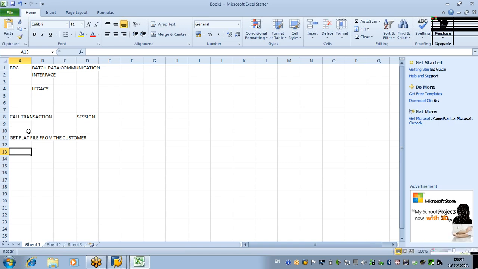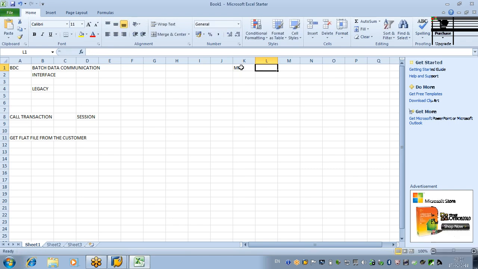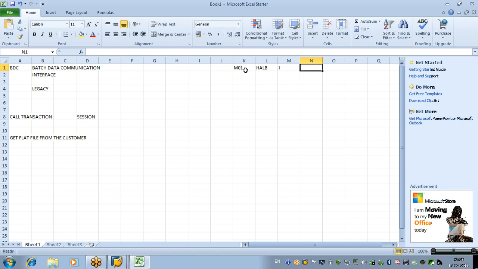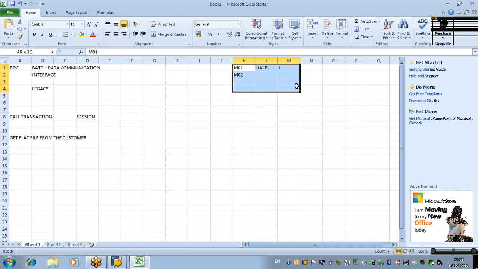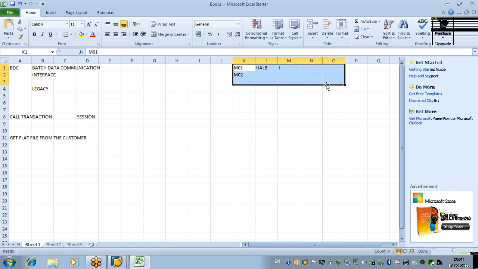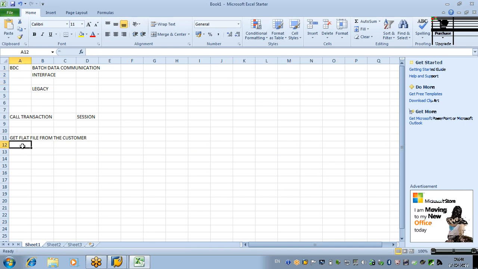Say for example, the customer wants to upload some material details. Then the customer will give you the Excel file with material number. Material number is M01, industry sector is HALB, and industry type is I. Like that, all the details he will give. Next M02, the next material number, and other related details of the material. All the details he will give. Now all those details you want to upload into the SAP. First get this flat file, and the next step is